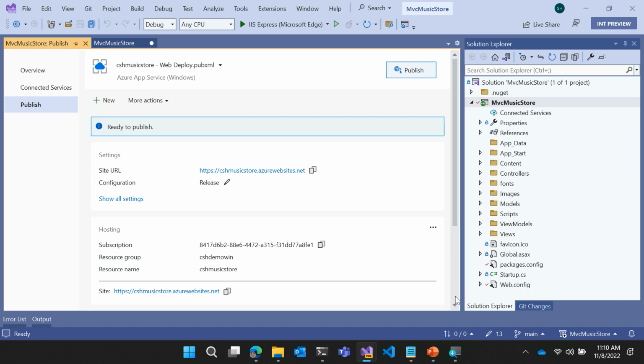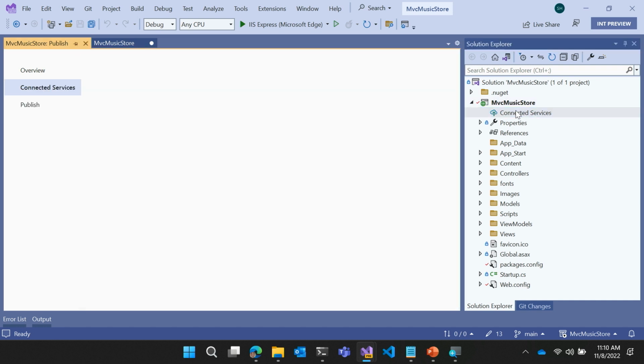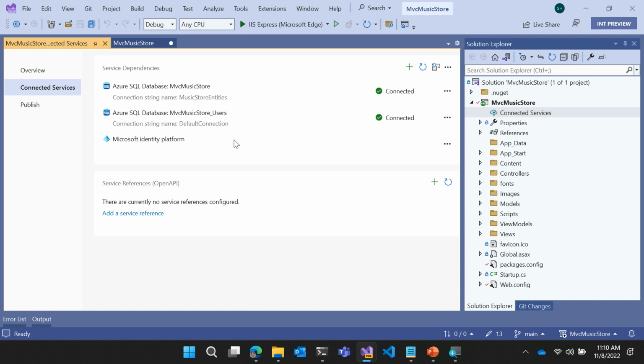Now, one of the things that this app has that we should think about is it has databases. So if I go click Connected Services here, you can see I've got 2 databases. I've got a music store entities that contains the actual music store stuff. I've got a default connection that contains my users. And